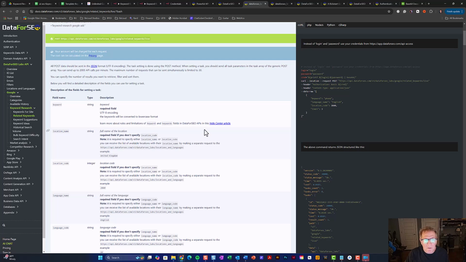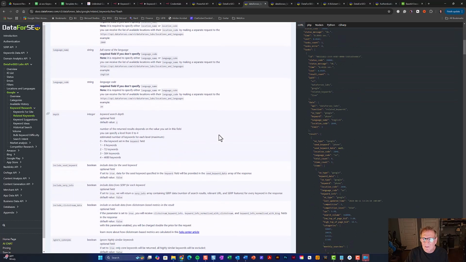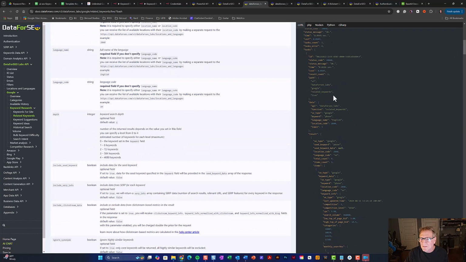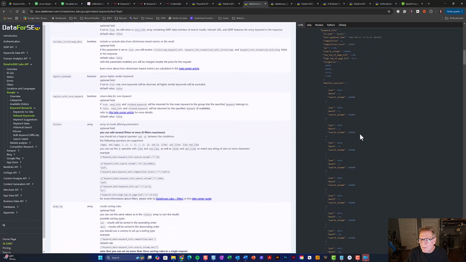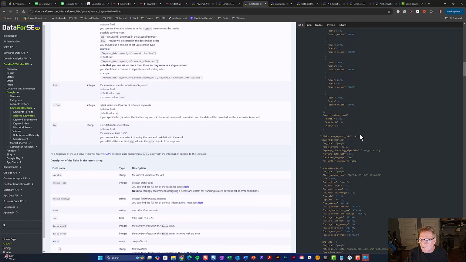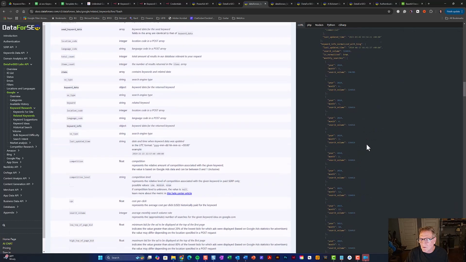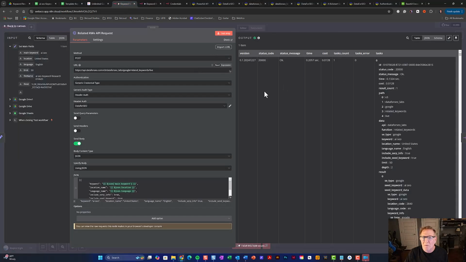And presumably you'd want to do the search for your name. I'm in the United States, so that's what I used. And then here's the stuff you get back. As you can see just by the scroll bar size here, there is a ton of stuff, including search volume by month for each one of the keywords, each one of the related keywords, and it just gives you a ton of information. So if we go back to our workflow, we can see that,